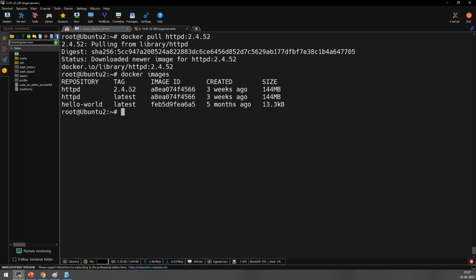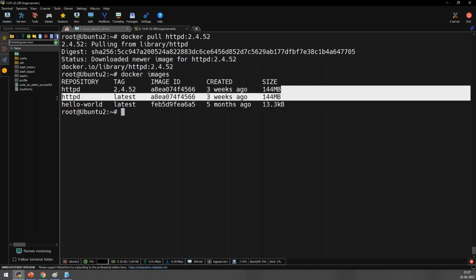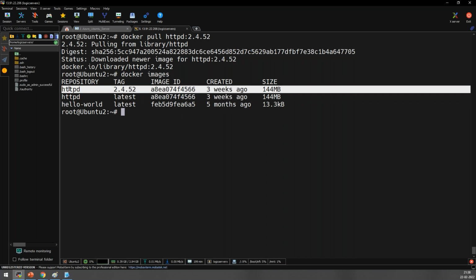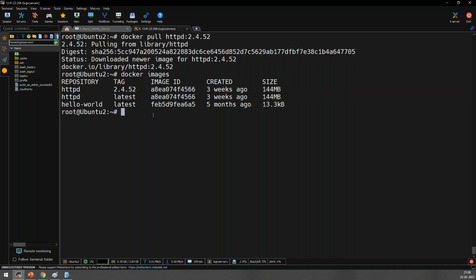You can see now 3 images, right? So this is the latest image which I have downloaded. This is the new image which I have just downloaded. Now there is a question that people ask: Krish, what is this created? This is created by the vendor 3 weeks back, not by me. I have downloaded this now. This is the latest version I have downloaded. This is the older version I have downloaded.